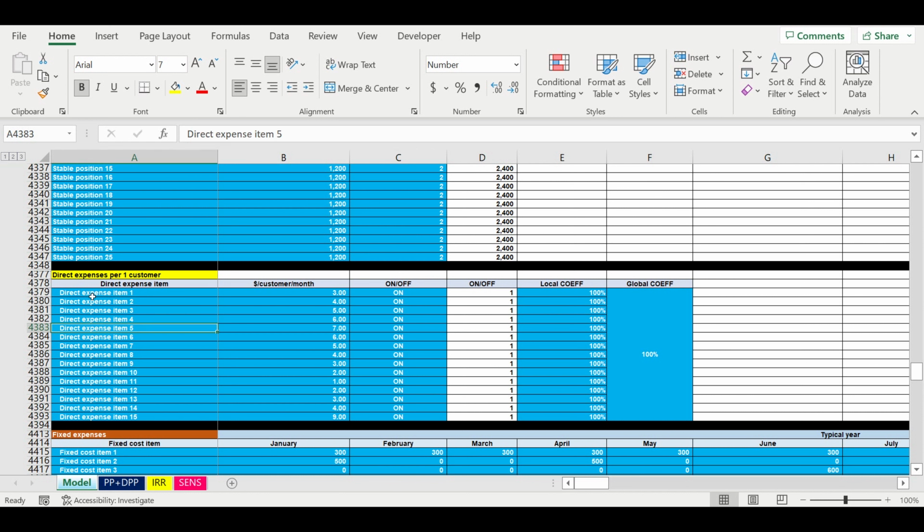Here we have the names of these expense articles, and then we specify the payments inside the typical year for this or that fixed cost item. We can also switch them on and off to see what will be the performance of the business with or without this or that expense. We also have coefficients,